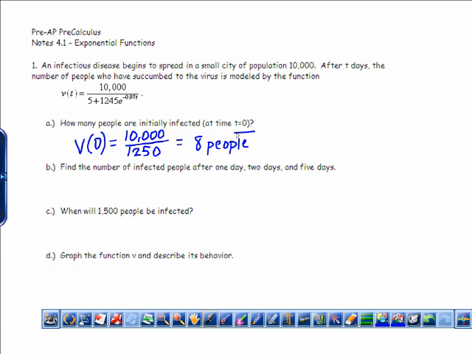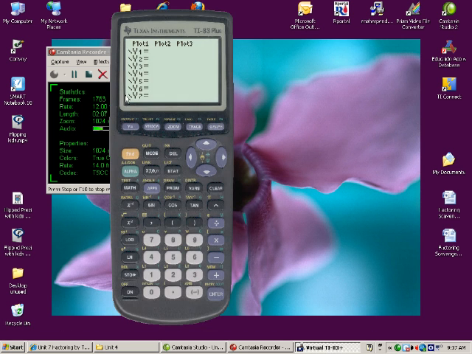Now to start doing the other ones, we are going to have to use the calculator. It's just too difficult to do this by hand. It would take a lot of calculations, and nobody in their right mind would want to do this by hand. Okay, so first let's plug this into our calculator and check that first answer. When you type this into your calculator, you want to be careful to make sure that the whole denominator is in its own set of parentheses. You also want to make sure that you use the natural number e, and notice that it does e caret and opens up its own set of parentheses. We're going to do negative 0.97 x for t,